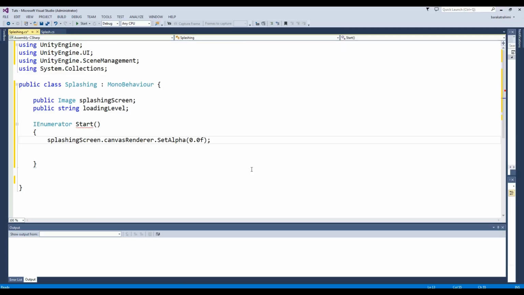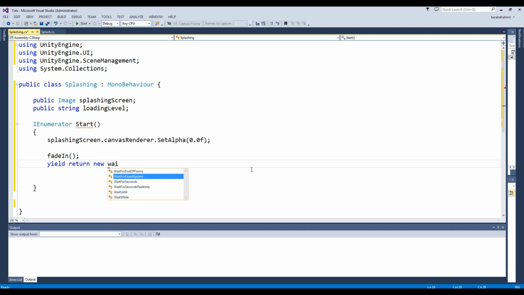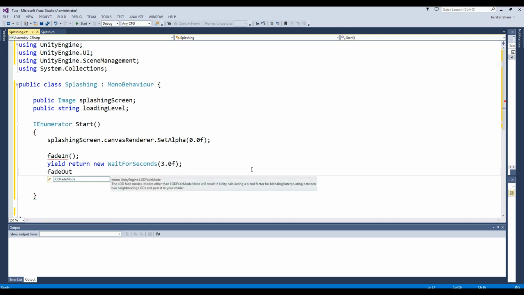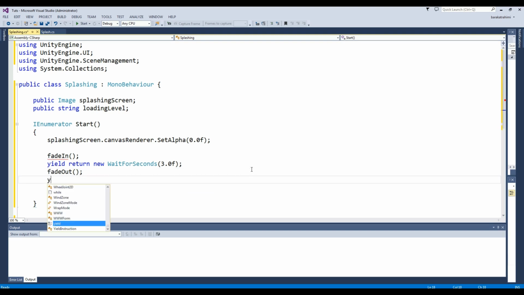Okay, now make two functions. The first one is fade in. I call it in here, and make yield return new WaitForSeconds, and give it 3.0 seconds for the fade in, and for the fade out, yield return new WaitForSeconds, also give it 3 seconds. Okay,